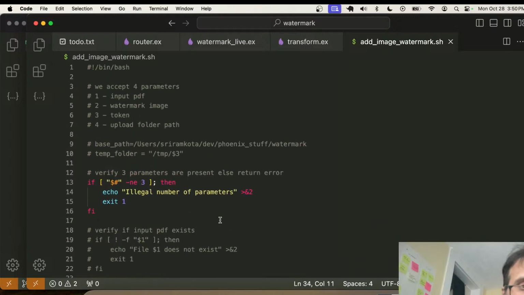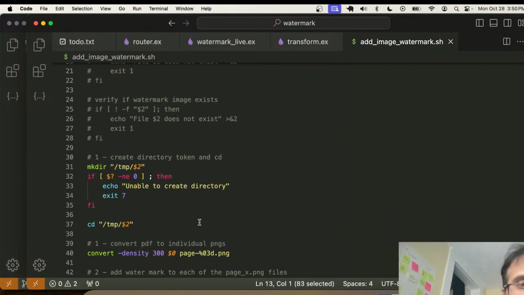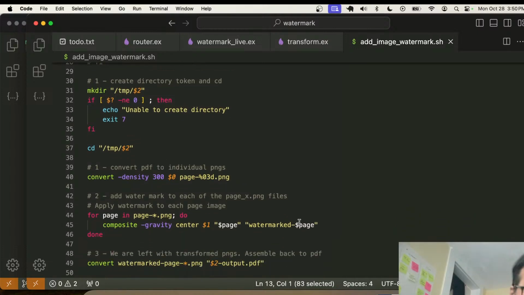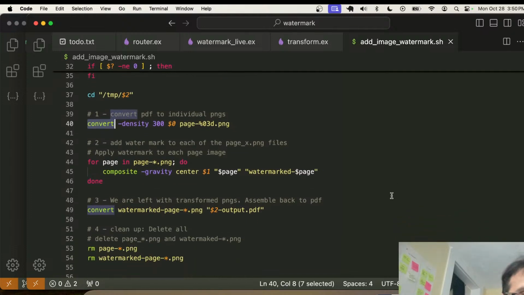And inside the shell script, you would have your basic error checking to see the number of arguments are correct, and if you're able to create a temp folder. And then convert and composite are programs that come as part of ImageMagick tooling. And what this is doing is it is actually taking the PDF that you upload, converts it into an image, and then it's going to